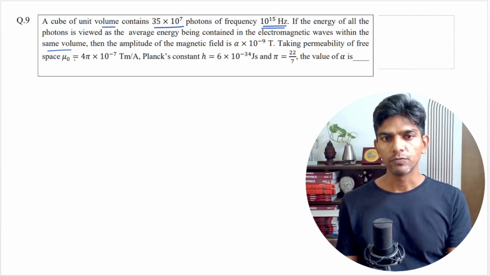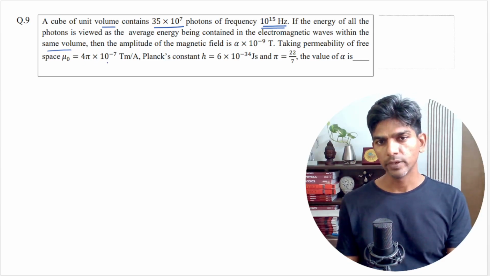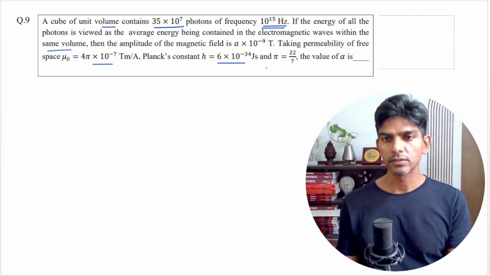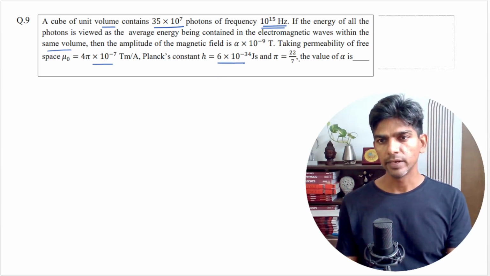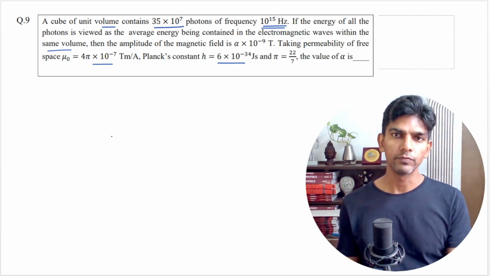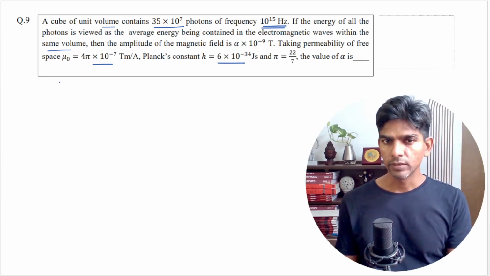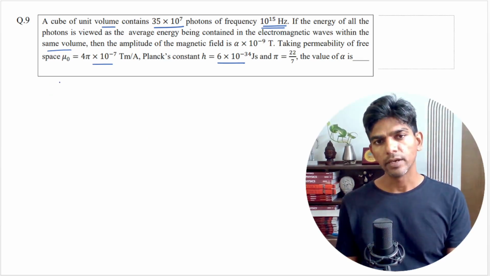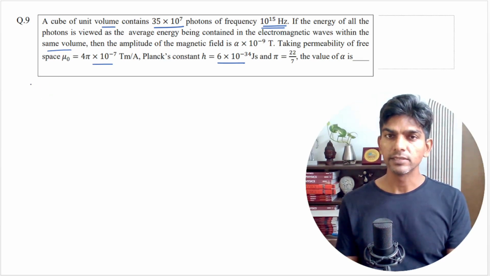Taking permeability of free space mu naught as 4 pi into 10 raised to minus 7 in SI units, Planck constant as 6 into 10 raised to minus 34 in SI units, and pi as 22 by 7, the value of alpha is. Right, so again it's a direct formula based question,